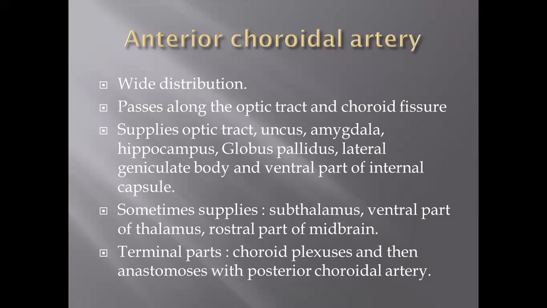Then there is the anterior choroidal artery. This artery has a wide distribution. It passes along the optic tract and choroid fissure, and by so doing, it's also going to supply the optic tract. Right? But it's actually going to be running along the medial edge of the temporal lobes. So it supplies the optic tract, supplies the uncus, supplies the amygdala, supplies the hippocampus, the globus pallidus, which